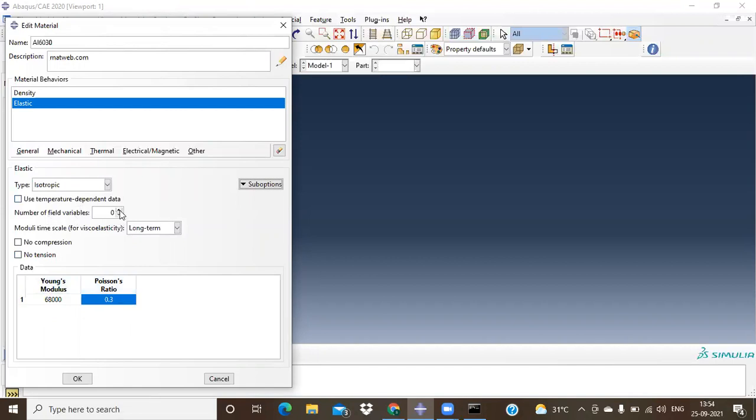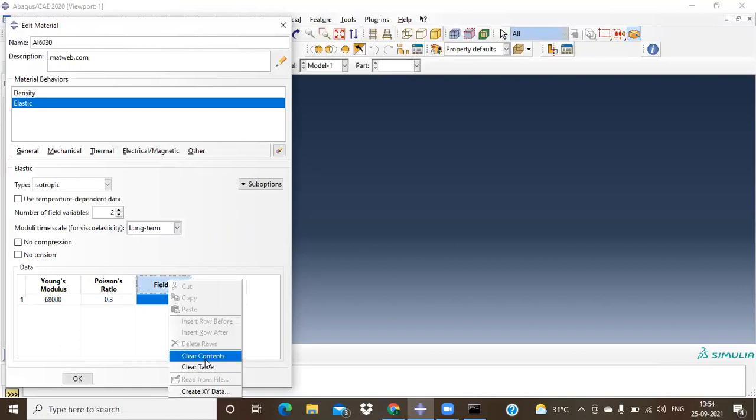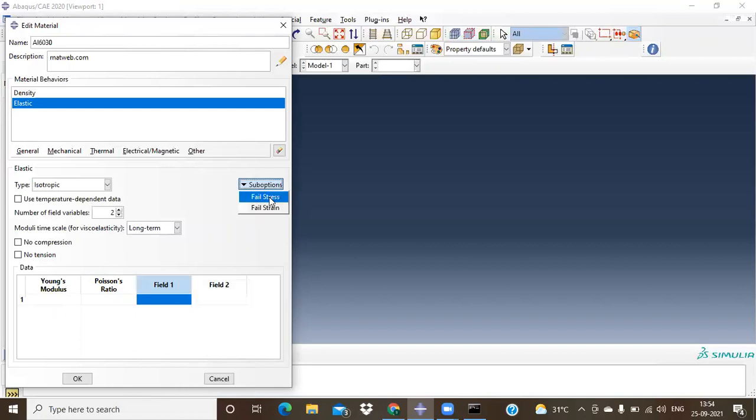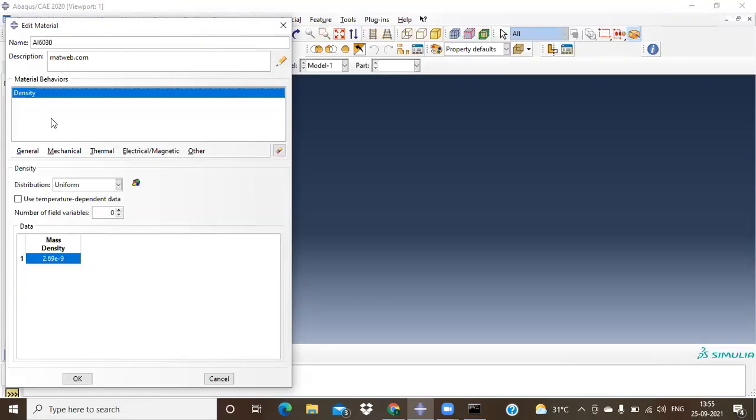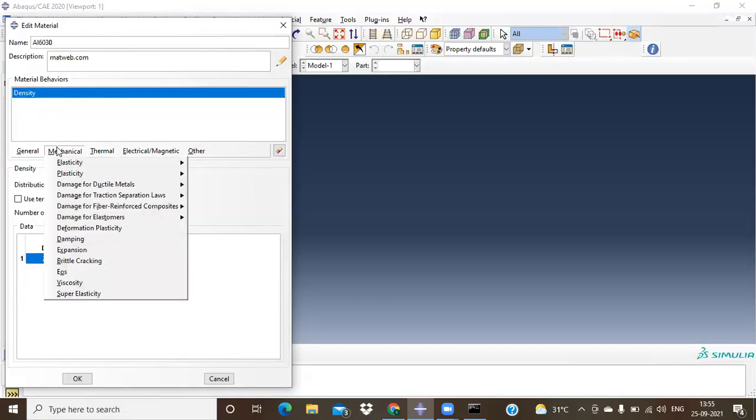And if you want to use a larger number of field variables, you can use them. You can assume your field as cross sections of your geometry or some other temperature values, just for your reference. That is only for reference purposes, so not to use anything. These things will be related with the fail stress and fail strain, but that much detail is not required for you. So we are not going into that detail, not in any of the projects.